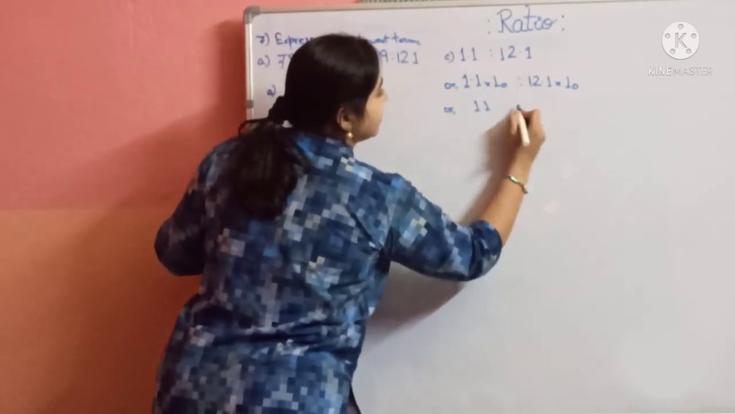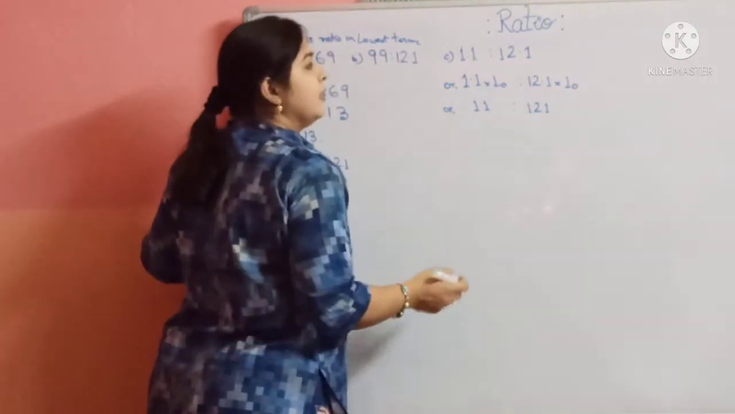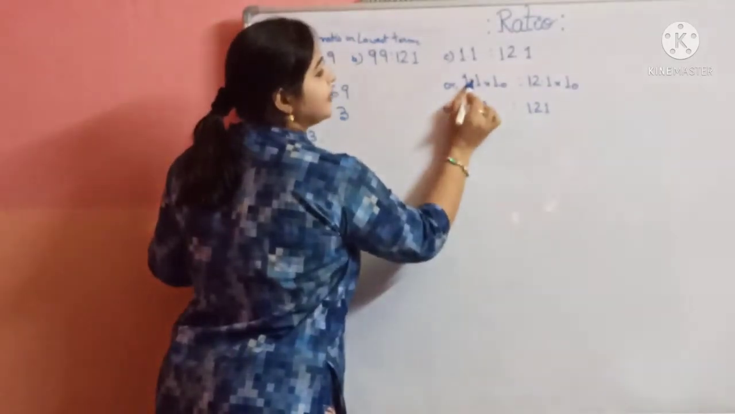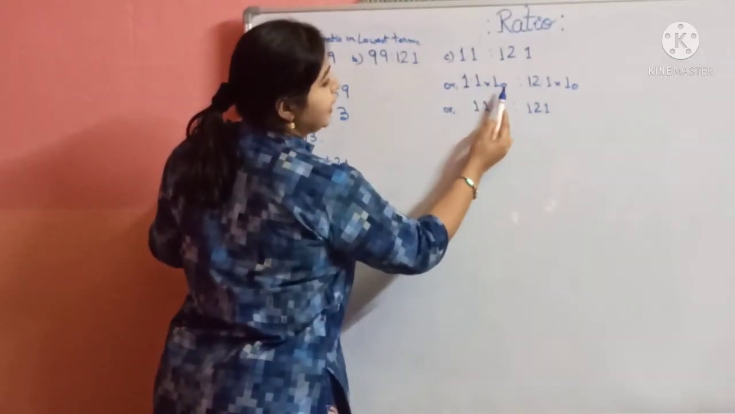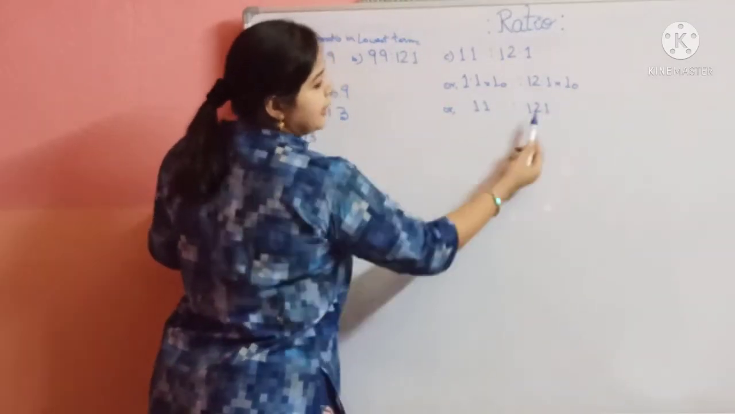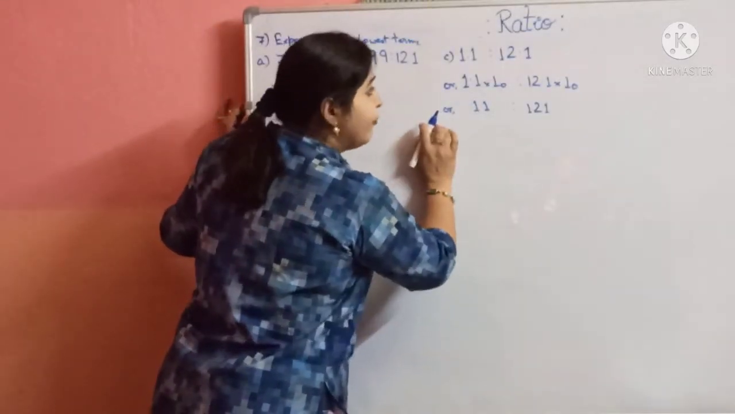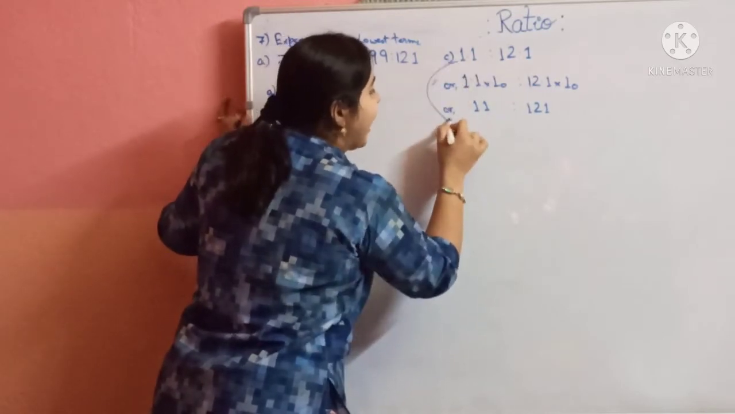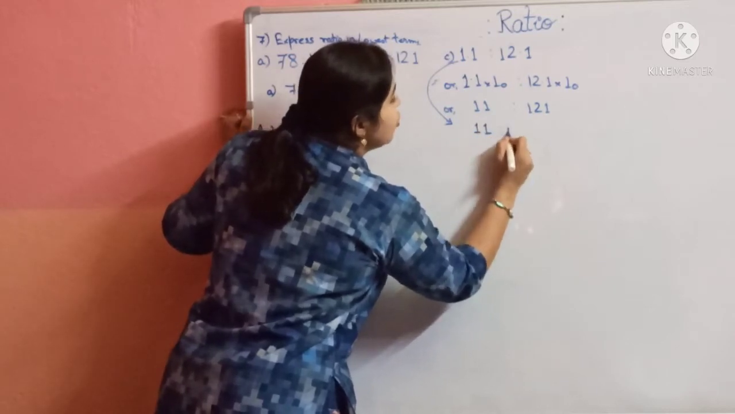11 is to 121. As here, for decimals, we will multiply by 10. 1.1 into 10 gives 11, and 12.1 into 10 gives us 121. Or if you want to omit these lines, what you can write directly after the first line is 11 is to 12